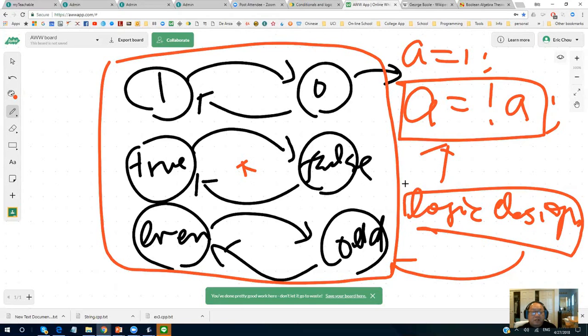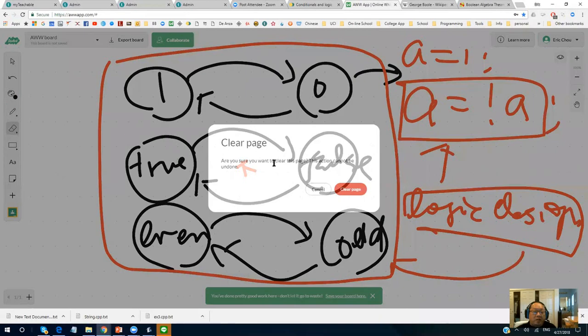Okay, so this one is an example of two-way toggler. But can we do a three-way toggler? Yes, we actually can.